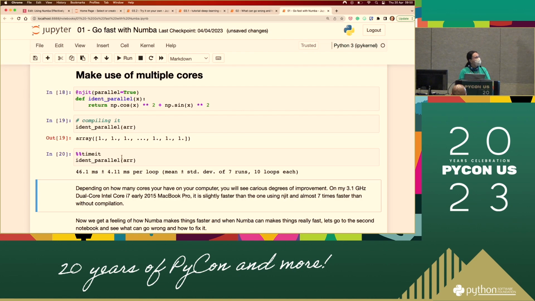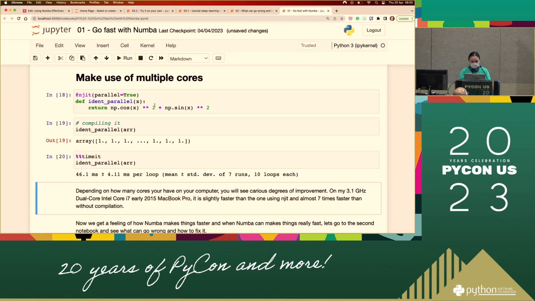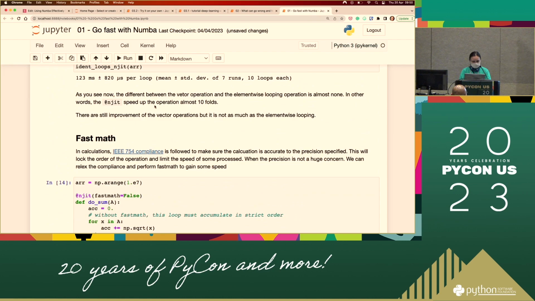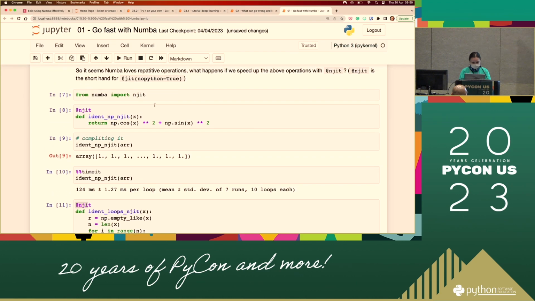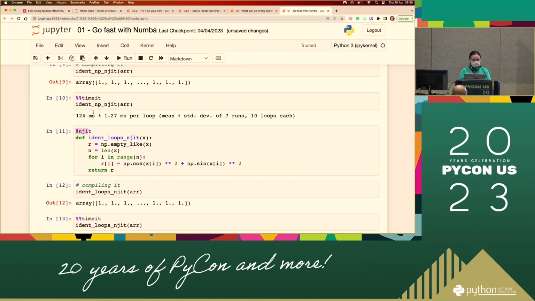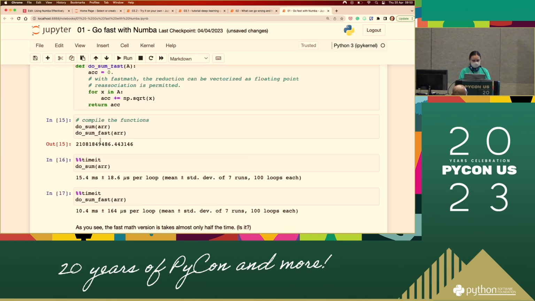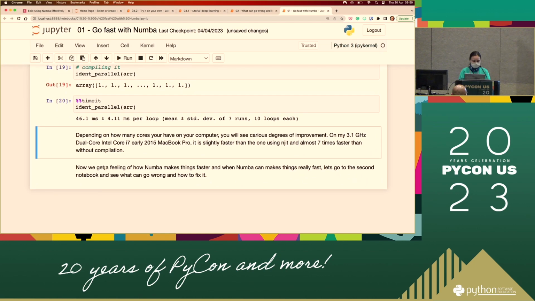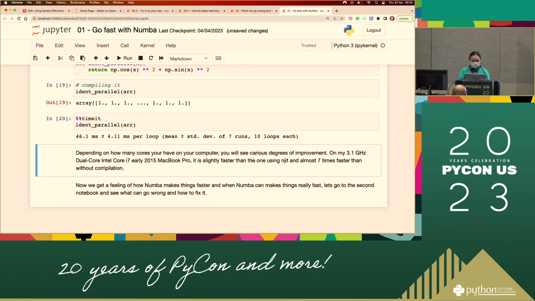46 before is 130 something, right? Yeah. So this one is the same thing, cosine, sine. Remember this? My new computer has 8 cores. So if you compare 1 to 4, this is without multiple cores, and this is with multiple. So it's about a third of the time saved. So yeah, it's about 3 times faster, right?